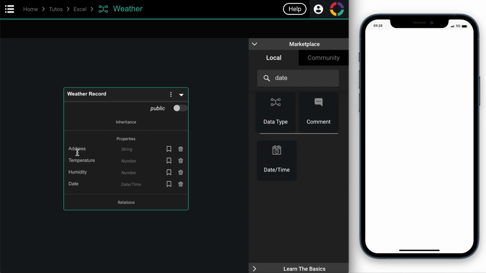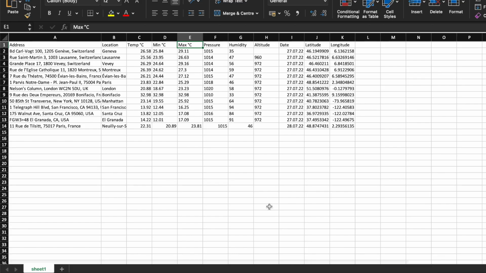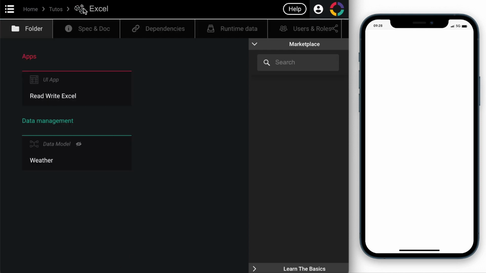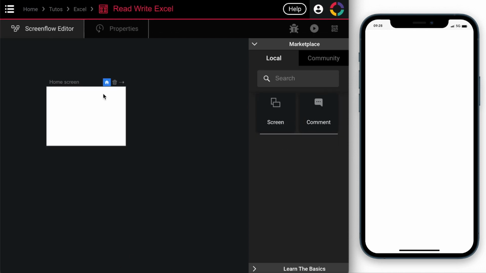So here we have our names in our data model, and they differ slightly from the Excel file. Here that's the header, and I have temperature. So we are sensing we're going to need some mapping at some point, but let's keep going and see where we go with this. So inside our app,